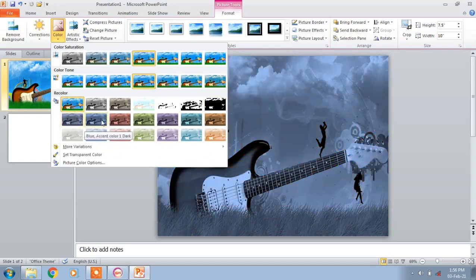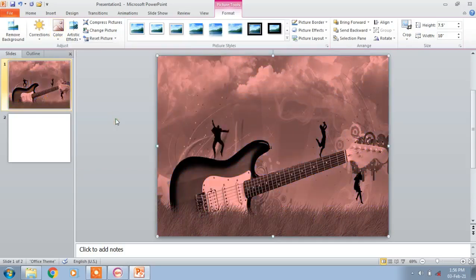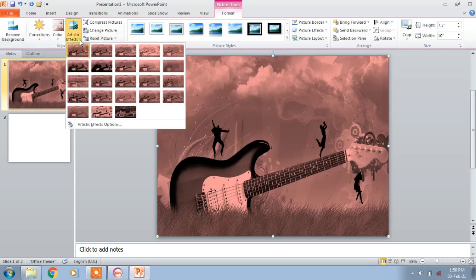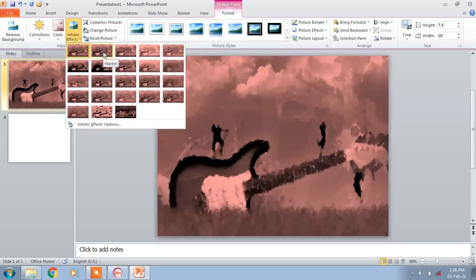Plenty of options are given in Microsoft Office 2010 that can be used. And if you want to give artistic effects, you can. This is a marker; here nothing is applied, so that is the None option.